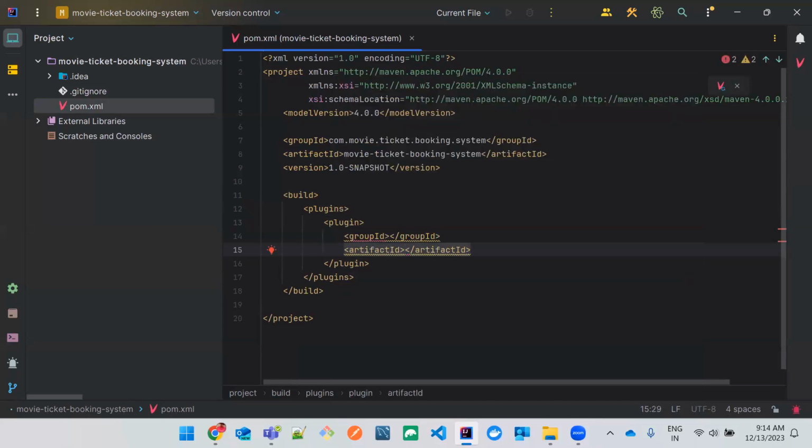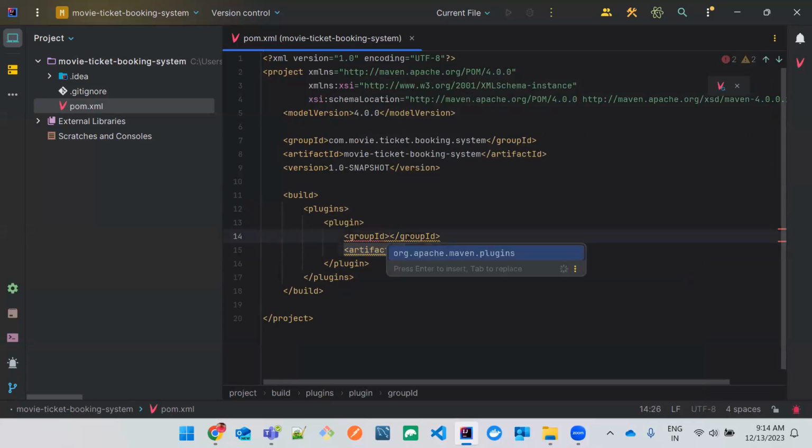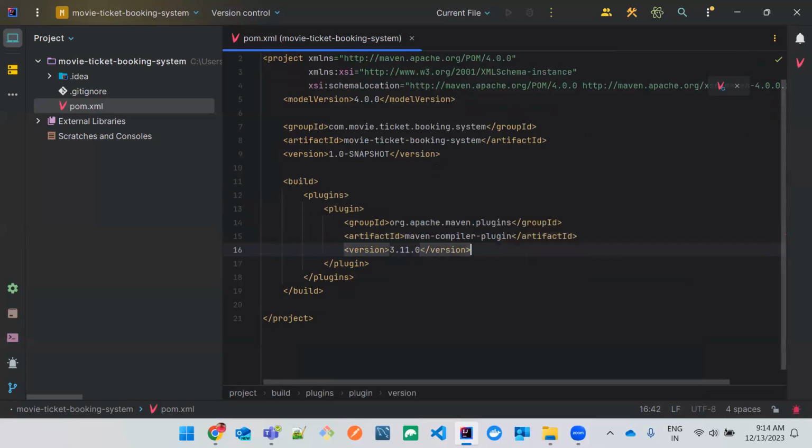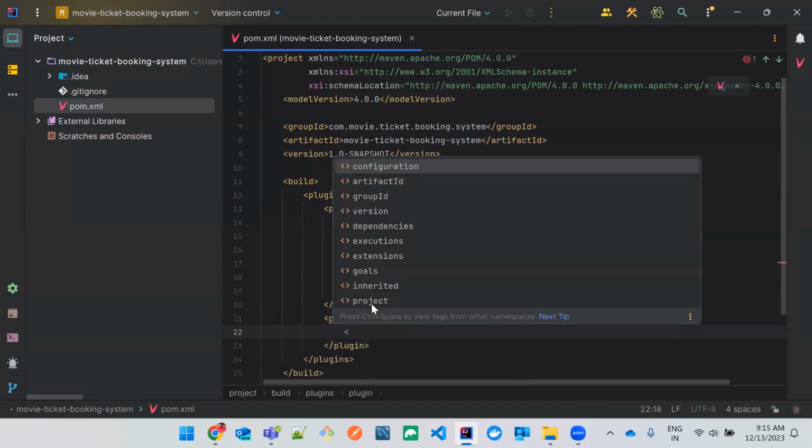So this is basically required to compile our projects. And here I just wanted to configure the release version of the project. So whenever you are releasing a product into a market, we need to configure this plugin so that it will make sure that this project is compiled successfully with this compiler plugin itself. Okay, so now we do have another plugin, and we do have something called the group ID,